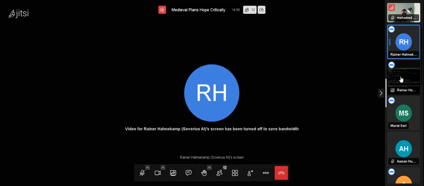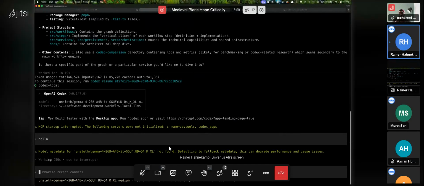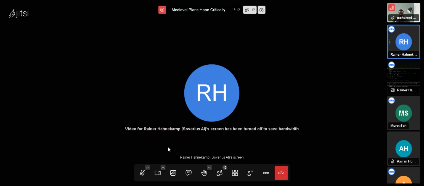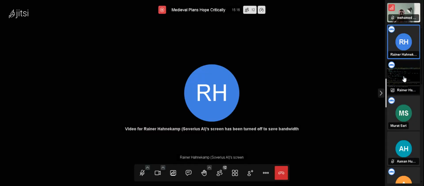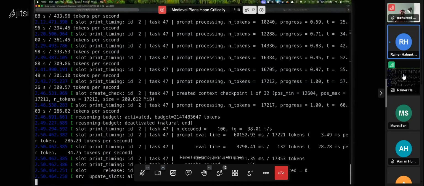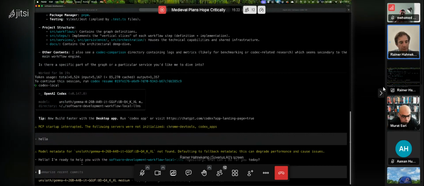So what you usually need to do, and Murat will then discuss this a little bit in detail, of course, you need to provision the proper hardware. But in the end, the first startup with Codex and also Claude Code takes a little bit longer. And the sequential messages which come afterwards are usually much, much faster answered. Yeah, so for some reason, I think it has already been done. Yeah, here we have already the answer.